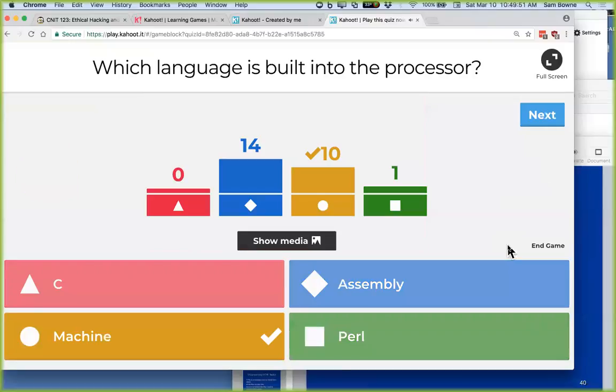Okay, that's machine language. Assembly language is the slightly human readable stuff like move and call, and that is still not in the processor. All the processor does is binary instructions built in, and you can't change that unless you throw out the chip and buy a new chip. And by the way, there are bugs in the processor, 100 known bugs in the Pentium 4 and later, and there's no way to patch them.